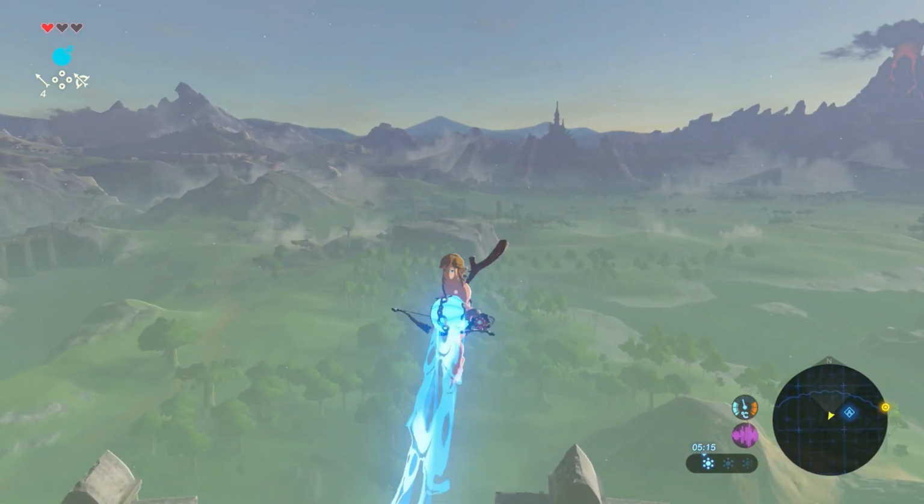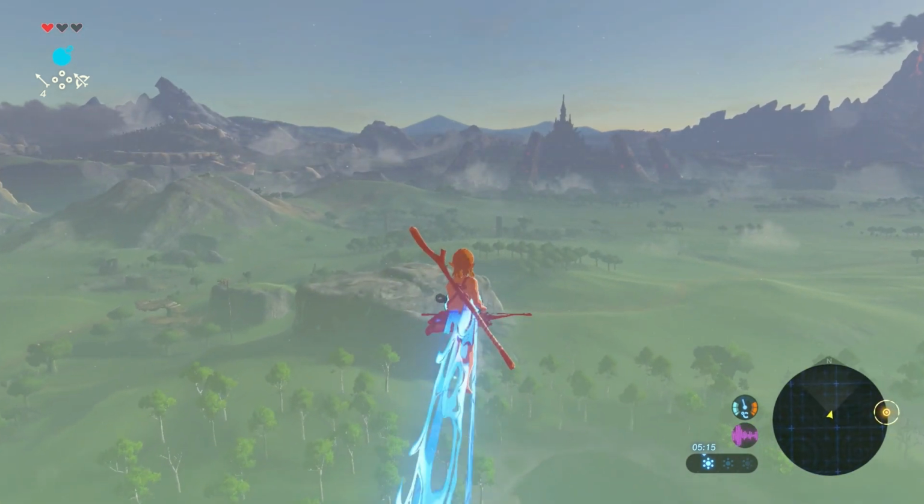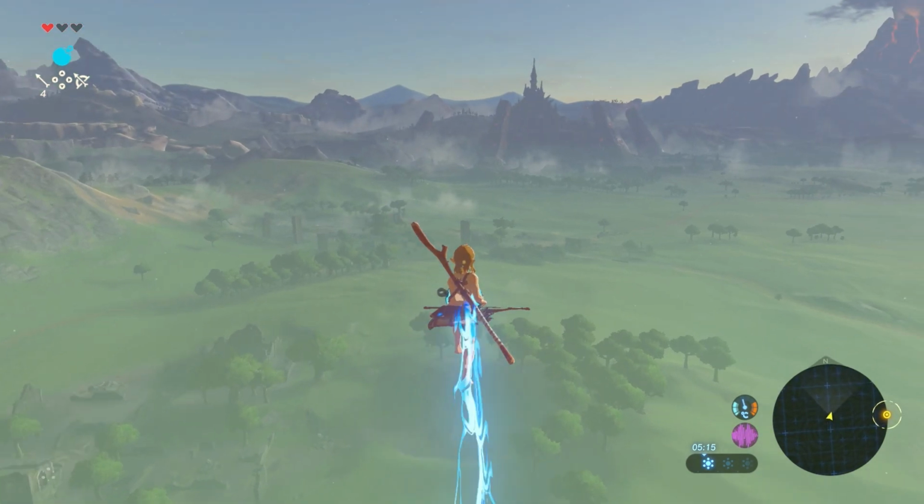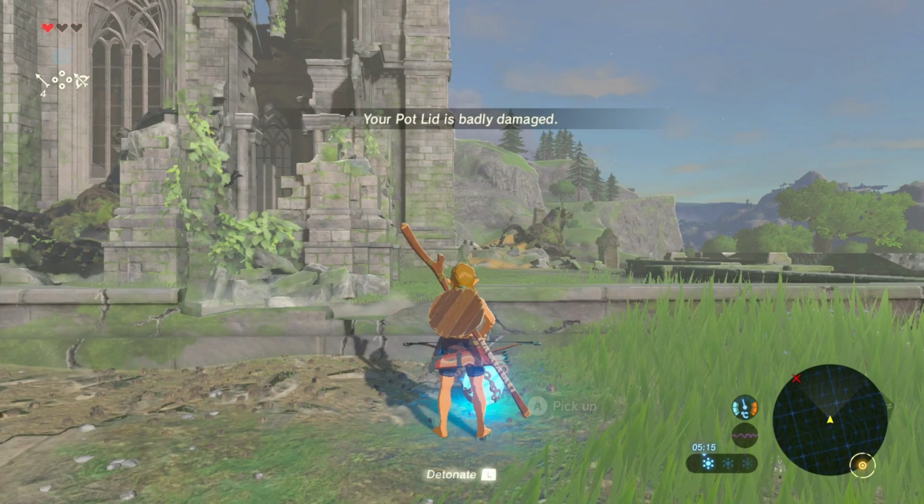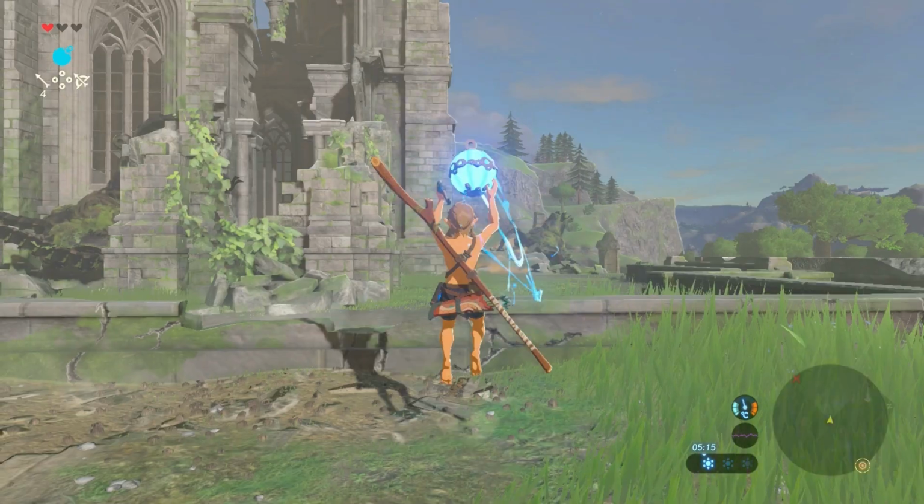The only caveat is that to reach these high levels of speed, it has to be first built up, which can be tricky to do when first learning the glitch, but once mastered you can head straight from the Great Plateau to Hyrule Castle in less than a minute. To perform the glitch, all you need is a shield, bow, arrows, and some sort of pick-upable object, with remote